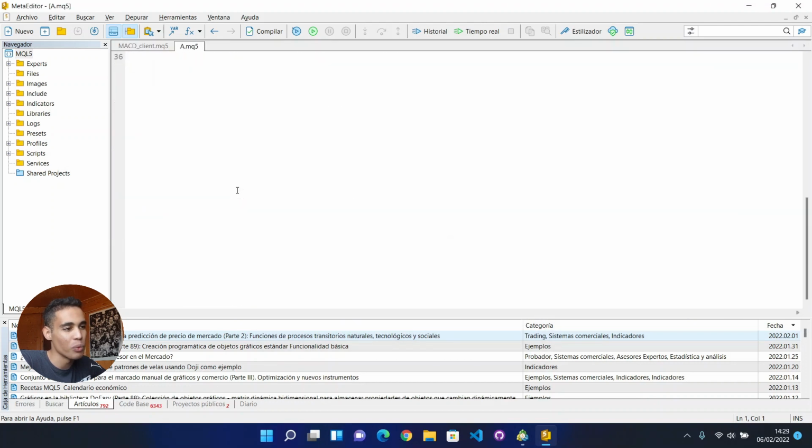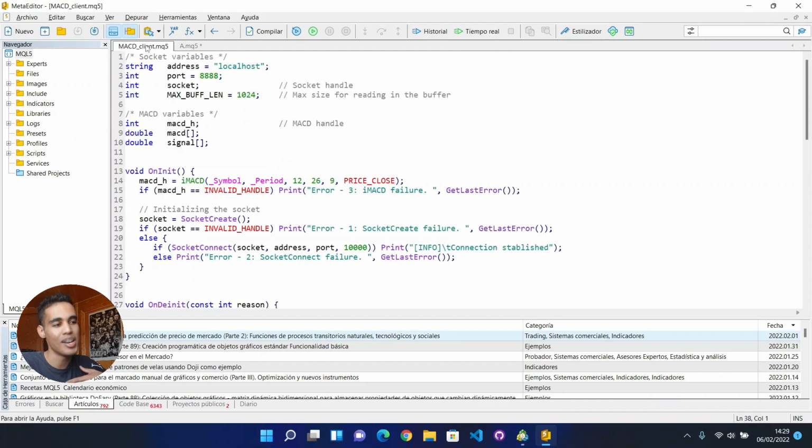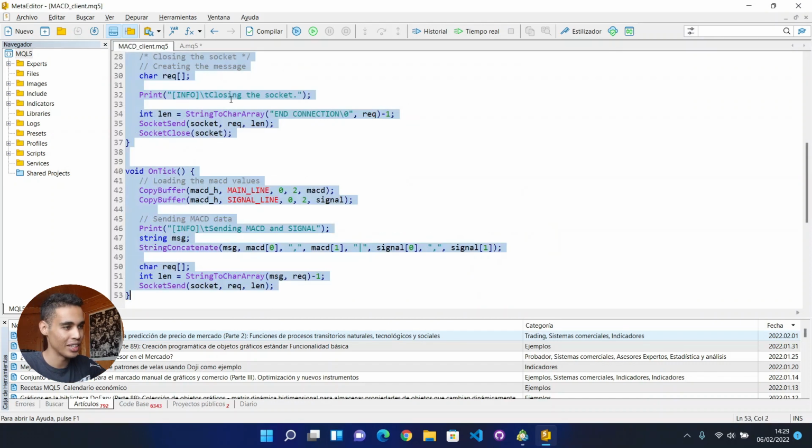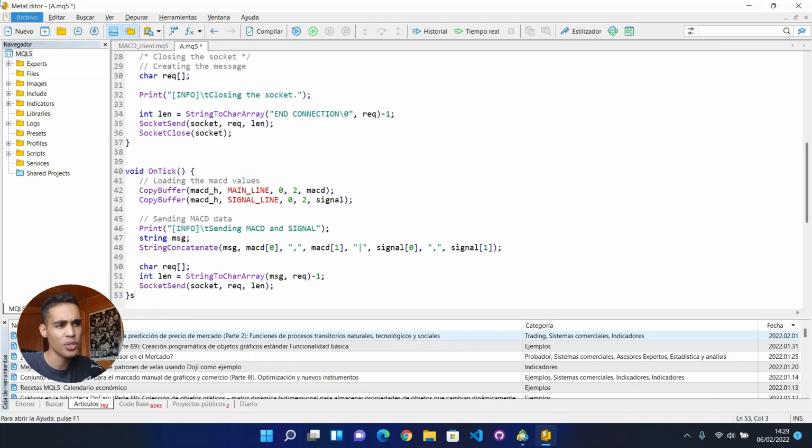So this screen will be created, and the only thing that you need to do is to delete everything and come to my GitHub and copy all this. So you would copy all this and you would be finished. Let me delete the A, and I will explain a little bit what we are doing in this file,